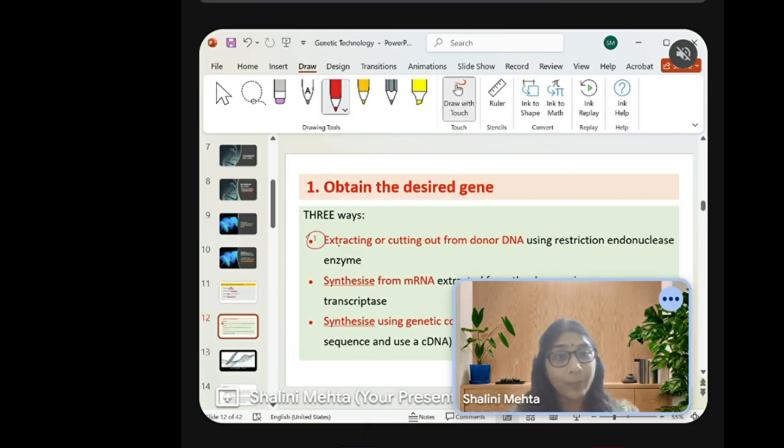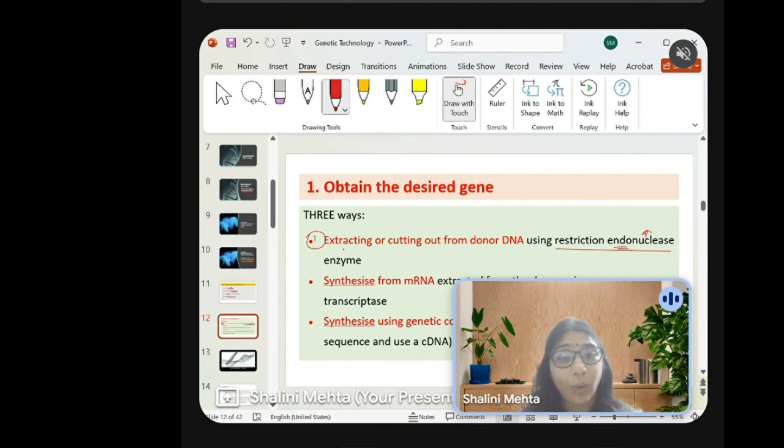How do I make a cut? I make a cut using certain enzymes that are referred to as restriction endonuclease. These are particular enzymes that will make a cut inside the DNA. Remember nuclease? Nuclease refers to an enzyme that is going to make a cut in the nucleic acids. DNA and RNA are the nucleic acids. Endo means inside, right? Not on the ends, but inside the DNA. So an enzyme that can make a cut inside the DNA, we call them restriction endonuclease. I'll tell you later why they are called restriction enzymes, right?